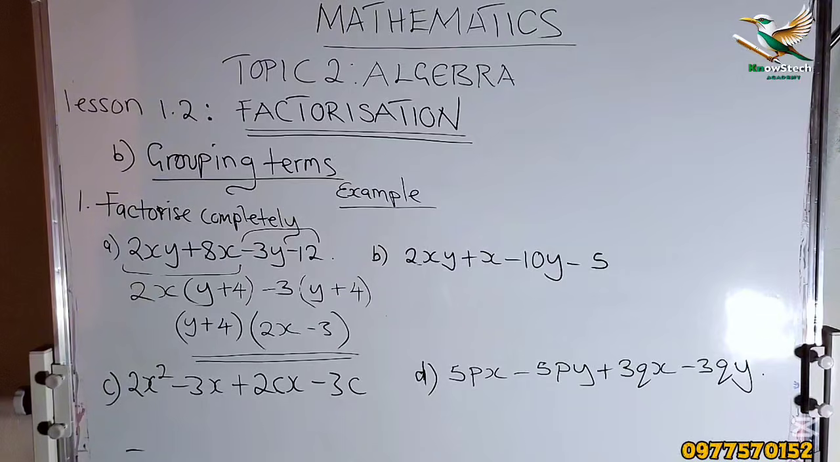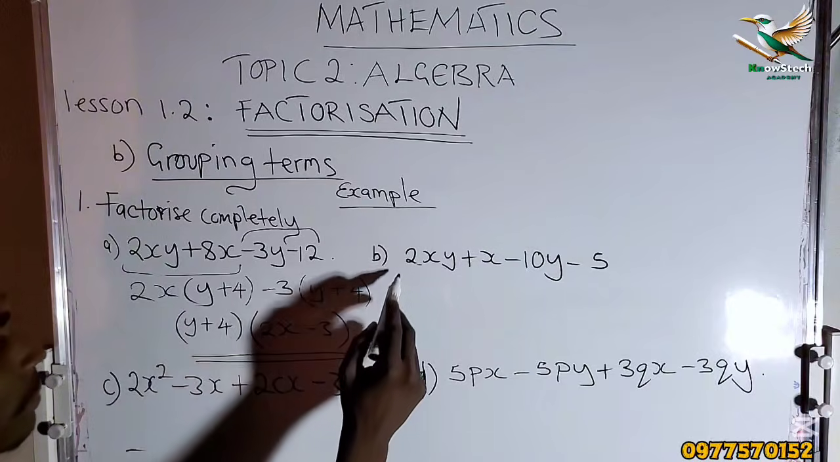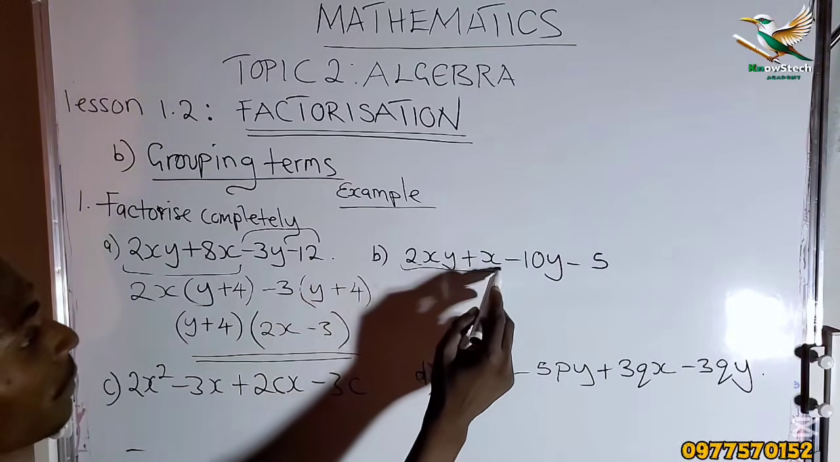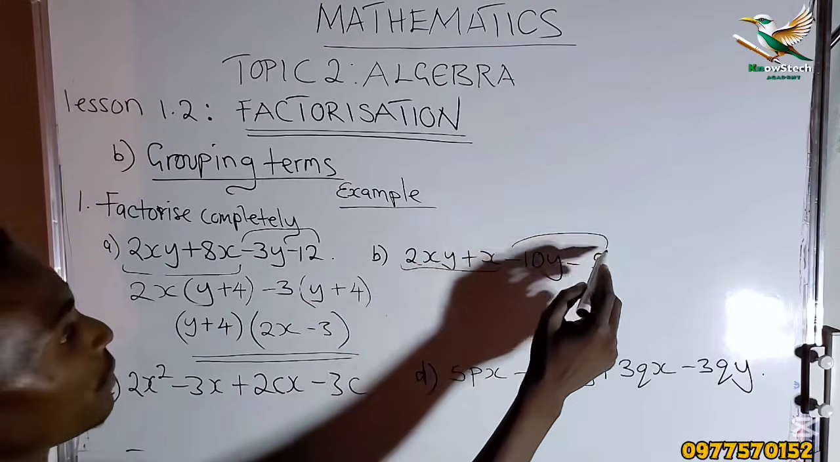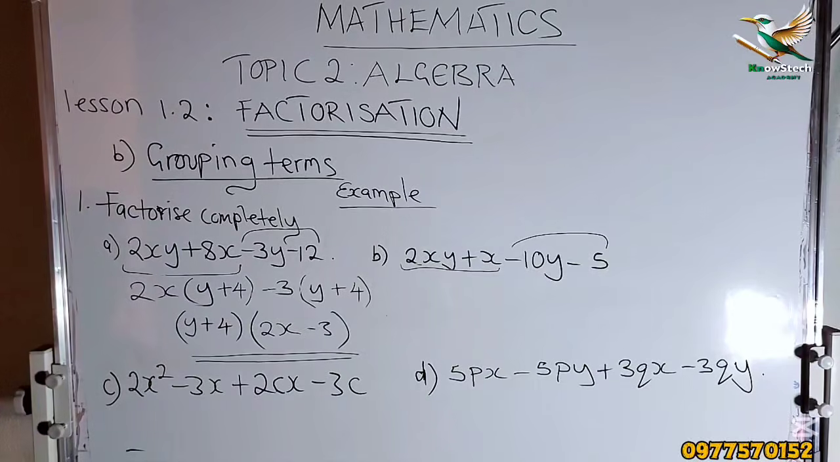Now, the first 2 terms, do you have what is common? Yes, which is x. The last 2, 5 can go into 5 and into 10. So we can factorize by grouping as well. We're going to group these 2 and these 2. Okay? So we're going to say,